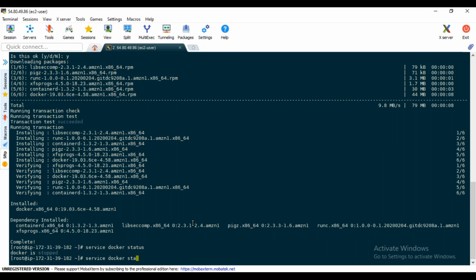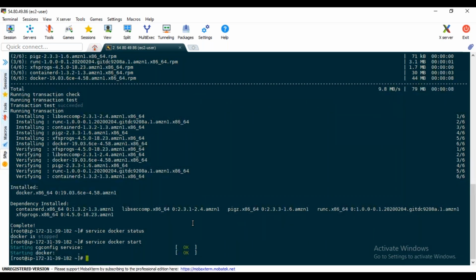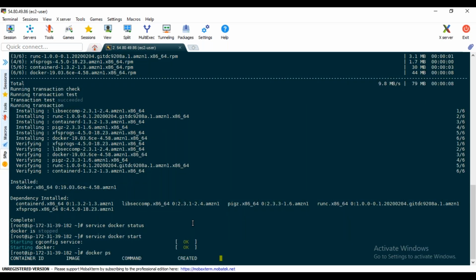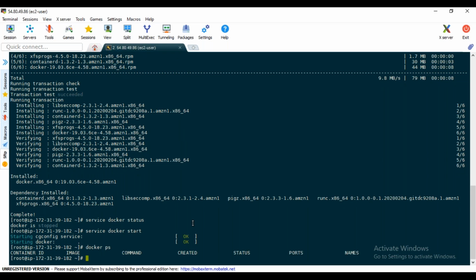It is in stop state. Just start it. It is started. Now you can check with the first command, docker ps, to see whether any existing containers are created. From Monday onwards, we are going to talk about the Docker topics: how to create containers, how to create volumes, how to create a Docker network. What is a Dockerfile? All these things we'll discuss. If you have any doubts in today's session, please go ahead and ask me, or else we'll wind up for today's session.